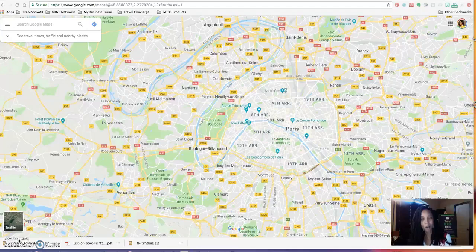Today I'm going to show you a brief tutorial on how to use Google Maps. Google Maps is an excellent trip planner, especially if you're going to places that you've never been before, like out of the country or in a large city with a lot of attractions. So I'm just going to give you a brief overview of how you can use Google Maps for